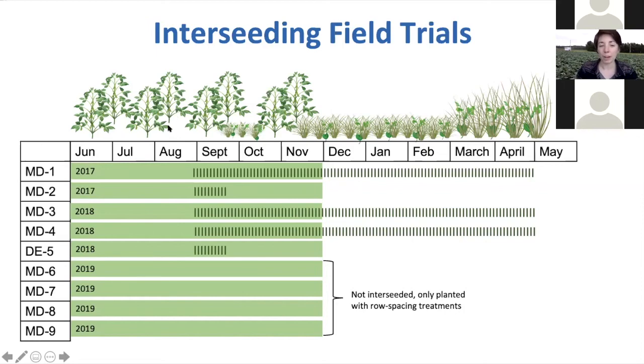And that's why we needed to take a look at how to interseed in this specific system, because in a full season soybean, usually those are harvested by mid-October, and then you have enough time to get in a cereal rye, maybe not a legume, but it's not quite the same issue as having a standing double crop soybean field going into November, even December sometimes. Anyways, so